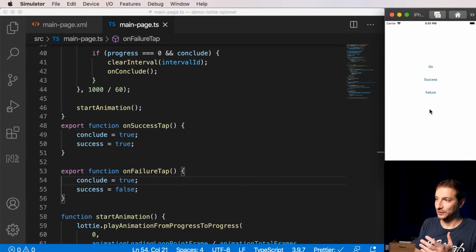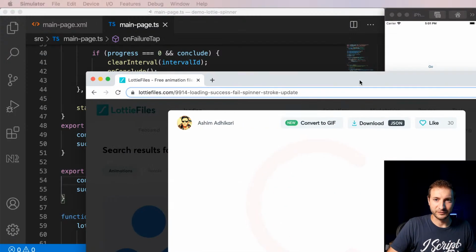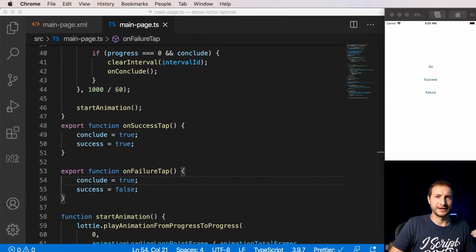Now, how do we change the color of this thing? Well, there are a couple of ways of doing this. The reason you want to change the color, maybe your company has a certain color guide that you need to stick to, right? So